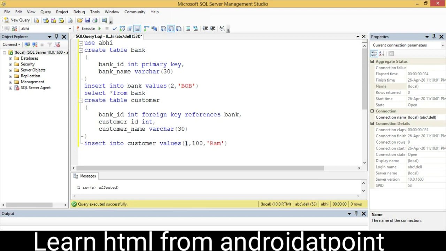The foreign key value is first checked against the bank table, in my case the bank table's bank ID. One ID already exists in the bank table, so it will insert successfully.